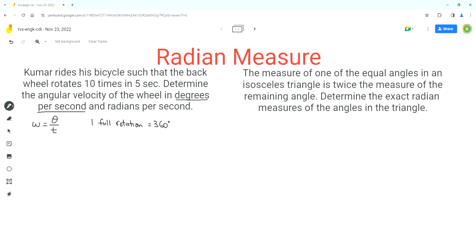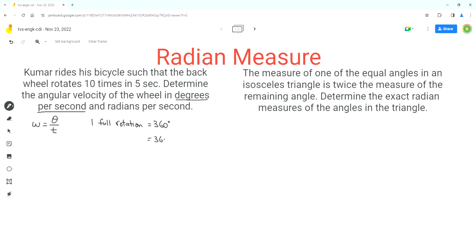So we need to know how many degrees the wheel rotated when it rotates 10 times. The wheel is undergoing 10 full rotations, so the total angle by which the wheel has rotated in those 10 full rotations is